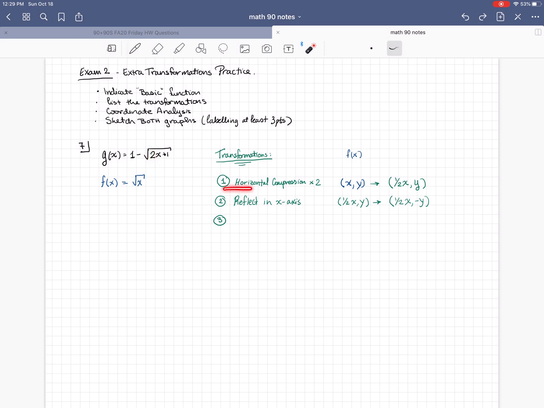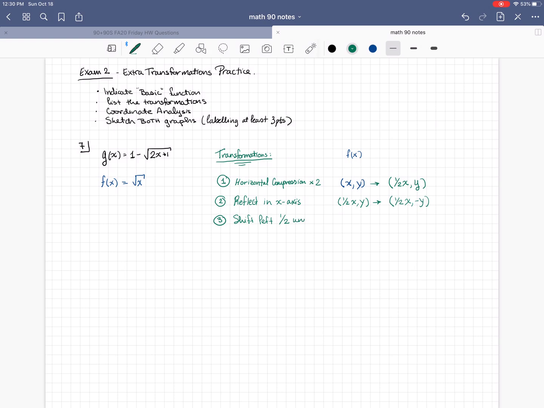But we've already compressed by a factor of 2. So just like we said in the last example, every single x unit has turned into 1/2 an x unit. So what would have been a shift to the left by 1 unit, since it's happening after the compression, is now a shift to the left by, say it with me, 1/2 a unit. Yes. So shift left